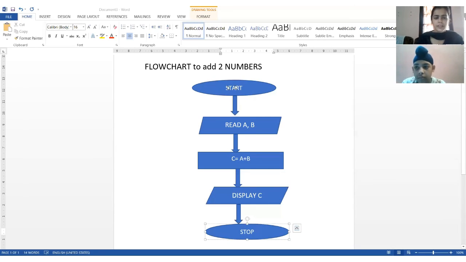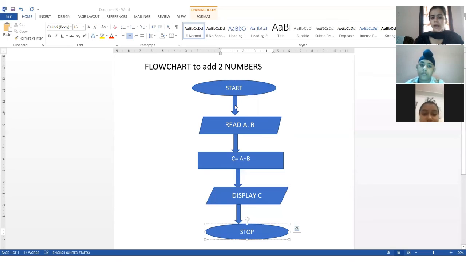Again, I am showing you how to draw a flowchart. So this was the flowchart that we have discussed, students. This is your start box. When we have to add two numbers, this is your start box. Whenever we draw the flowchart, I have already told you, connect it with the help of the flow lines. Start box can be drawn with the oval shape or rounded rectangle shape. Clear? Then the input statements are written inside your parallelogram.